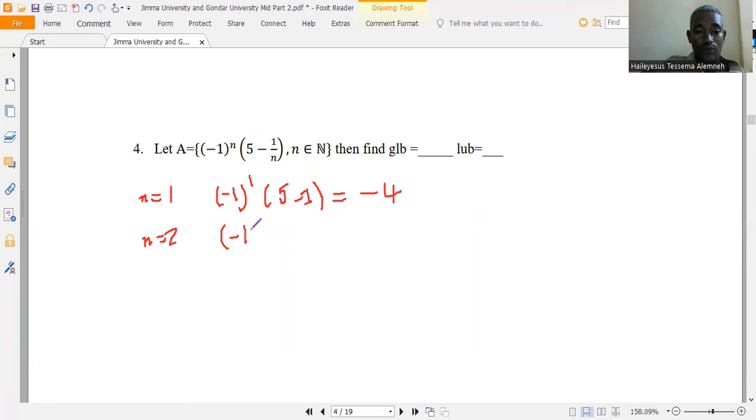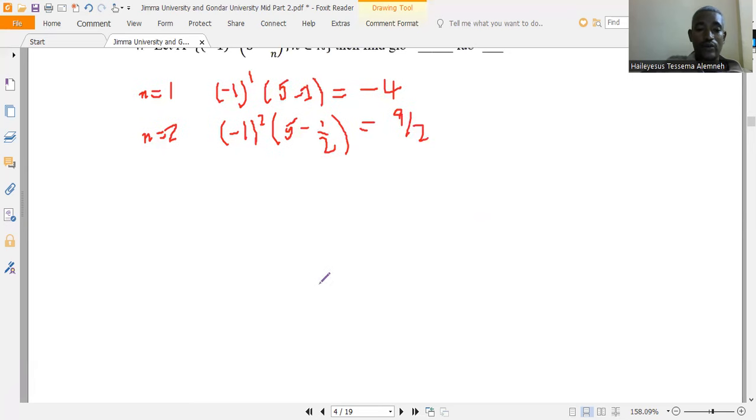minus 1 the power of 2 times (5 minus 1) over 2. Taking 2 as the common denominator, 10 minus 1 is 9, and minus 1 to the power of 2 is positive, so it is 9 over 2. When n is equal to 3,